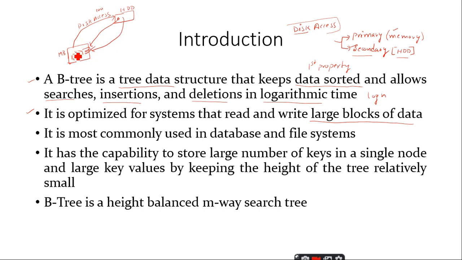This is called the round trip time. This is the forward time and this is the backward. One forward and one backward step we call the round trip time. In order to access a particular location from the hard disk, we spend a lot of time on accessing the location. This is called disk latency. All these terms we will come across in the operating system concept.